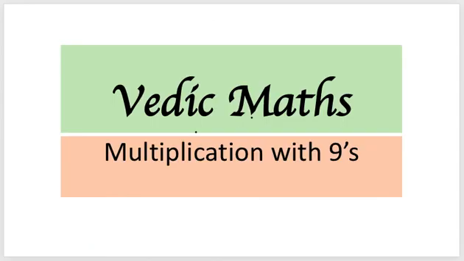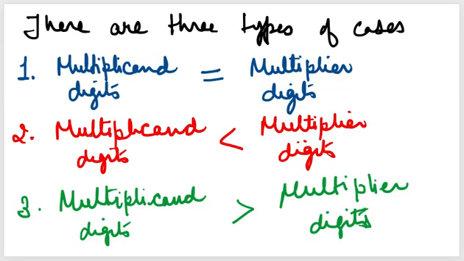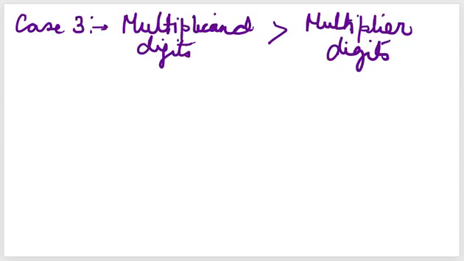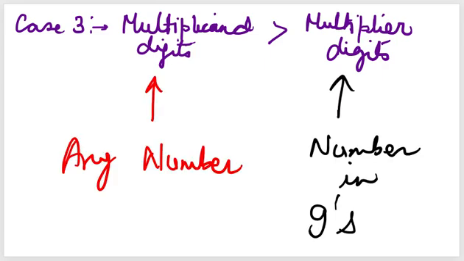In this video, I am going to share one more technique of Vedic maths in case of multiplication of any number with a number all in nines. So in the last video, I have shared these two cases where the number, which is any number, and the number in nines are equal in digits, and then I shared the one which is less than digits. In today's video, I'll share with you about a situation where the number, which is any number, is having more digits as compared to the multiplier, I am calling over here the number all in nines.